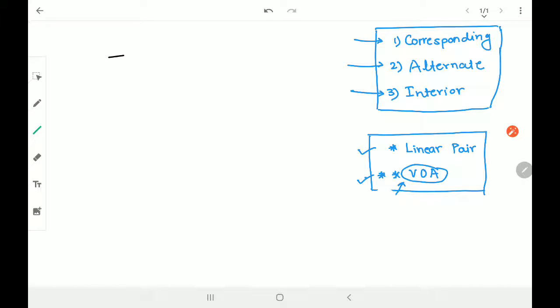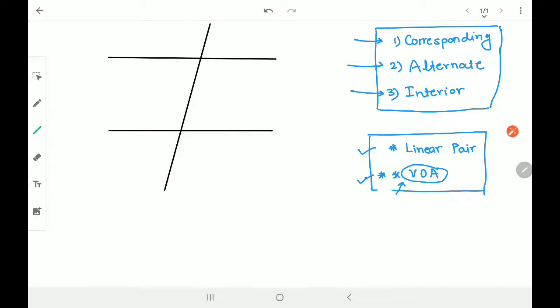First of all, I'll go for two parallel lines because these angles are basically due to two parallel lines always. So here are two parallel lines and one line is intersecting both lines. It is also called a transversal. The line which is falling on these two parallel lines is also called a transversal. So this transversal in fact makes a few angles in between. So like A, B, C, D and 1, 2, 3, 4. Okay, so I'm just naming it 1, 2, 3, 4 and A, B, C, D. Right?